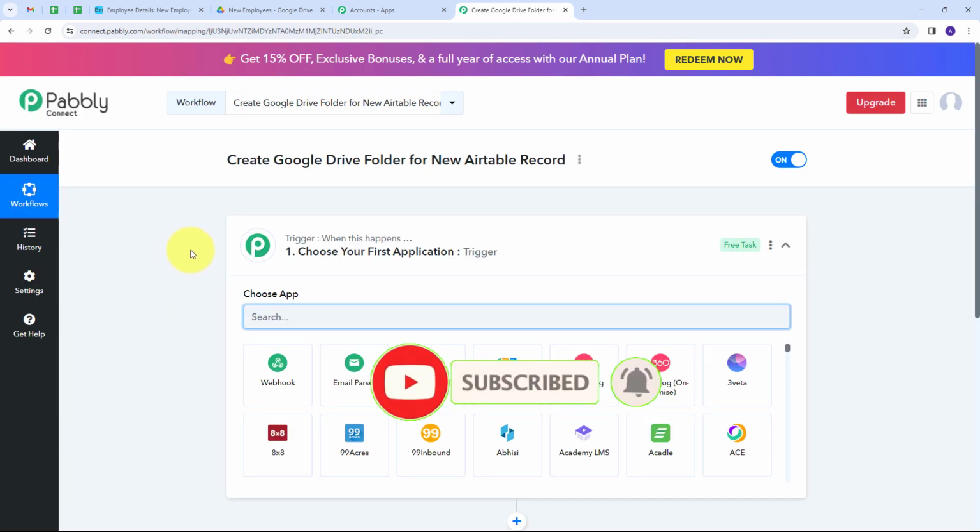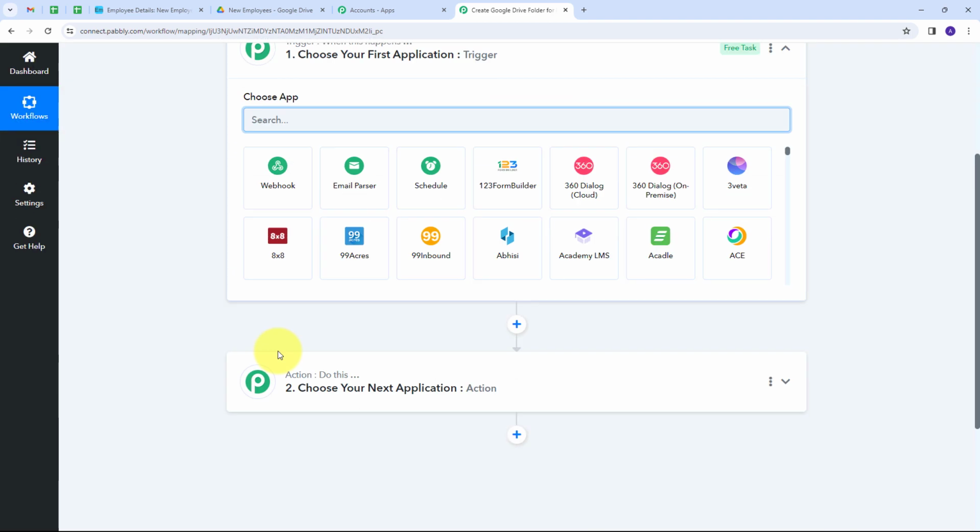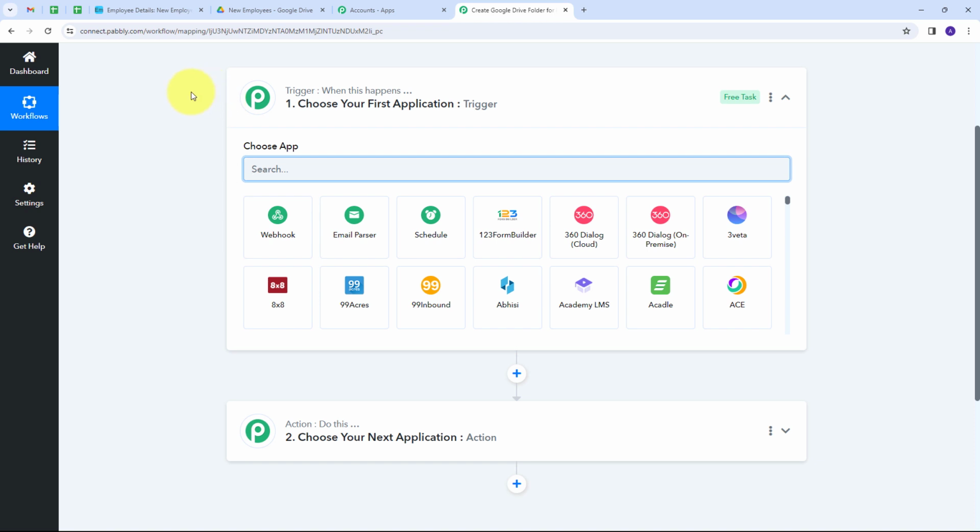And this will take us to this most important window of our workflow. Here we have two boxes, trigger and action. So these are the two main principles on which our workflow works. Trigger says when this happens, action says do this. So trigger is going to be the first step that will get executed in our workflow, and action will just follow that. So we have to set up our trigger first, and here my trigger application is going to be